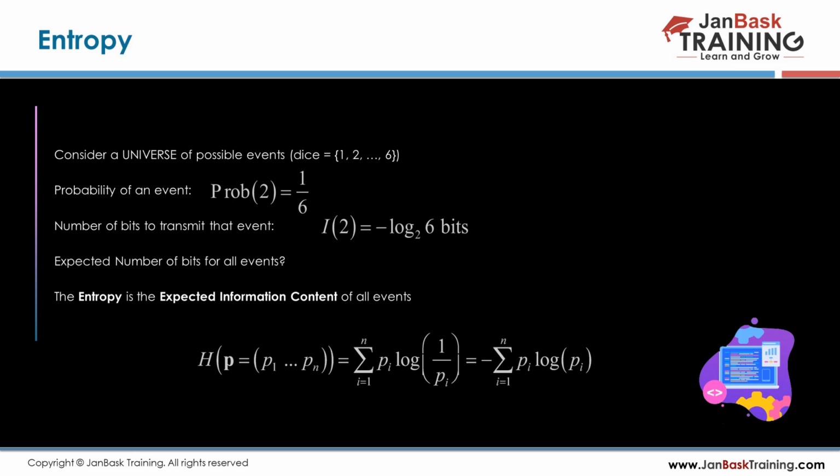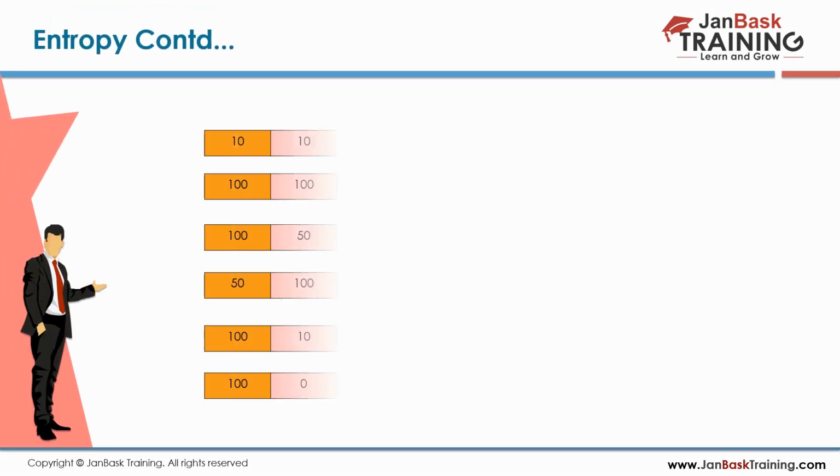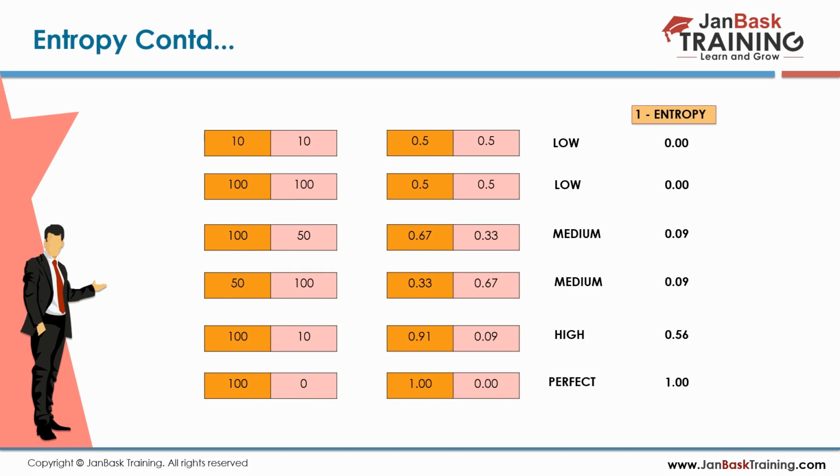What is the probability you will get 5? Then 1 by 6. What is the probability you will get 3? By rolling a dice once, it will be 1 by 6, like that. So in entropy, actually it takes the log of that probability. Impurity is nothing but something that will affect your accuracy. If impurity is high, that means accuracy is low. If entropy is high, that means your accuracy has not been reached. So when entropy is 0, it reaches the endpoint, that means there is nothing to split.